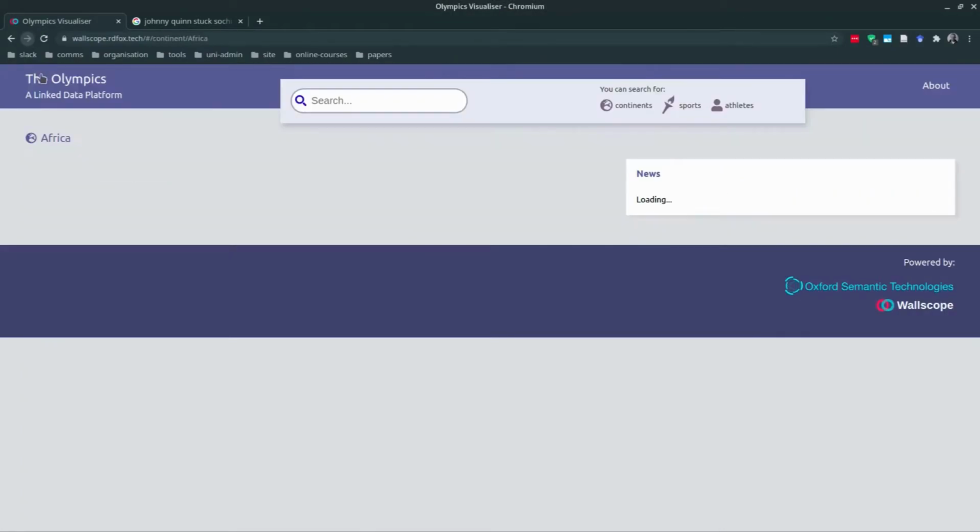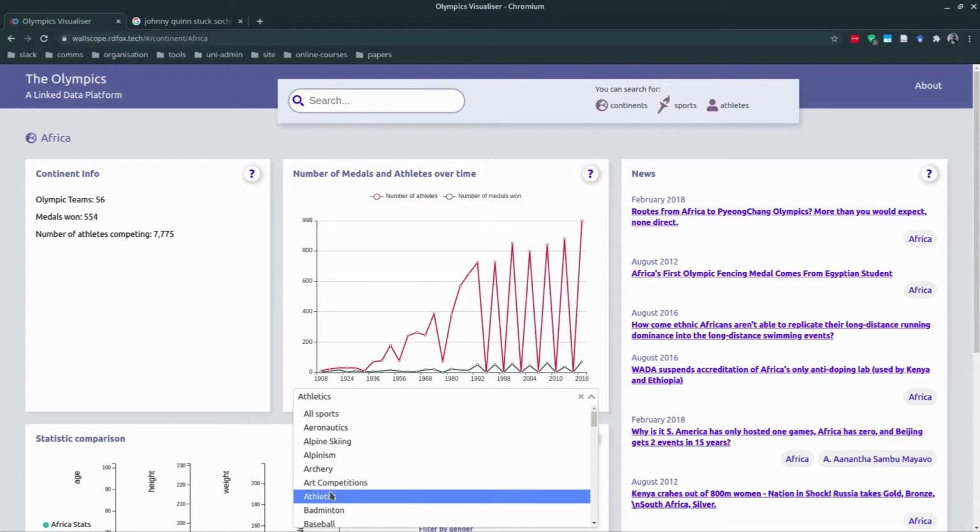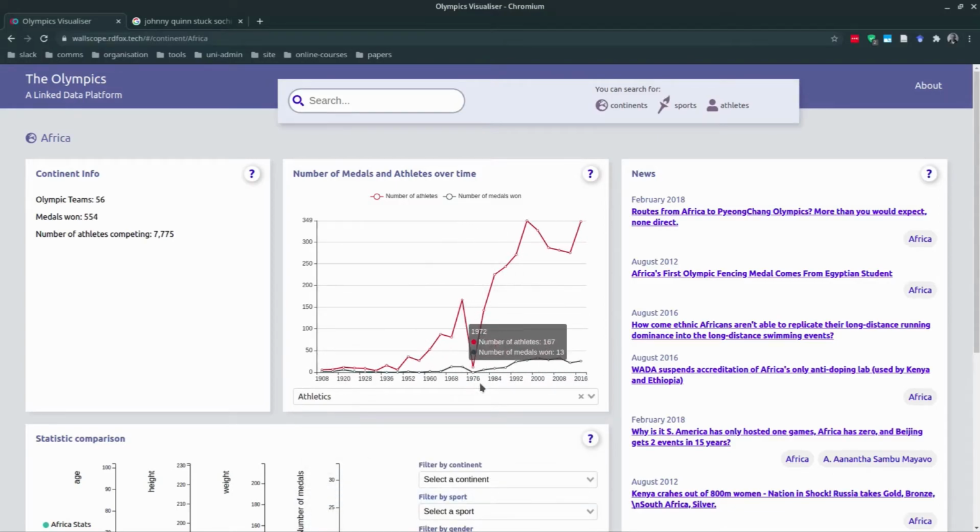If we head back to the African continent view and look at the chart for the number of medals and athletes over time, you can see this dip in 1976 reflected here in the data. It is perhaps more noticeable here than the last chart. I did some research and it turns out that in 1976, African countries boycotted the Olympics. This was because South Africa refused to condemn apartheid and New Zealand's rugby team's tour to South Africa caused an outcry. The link to this story can be found within the Medium article.